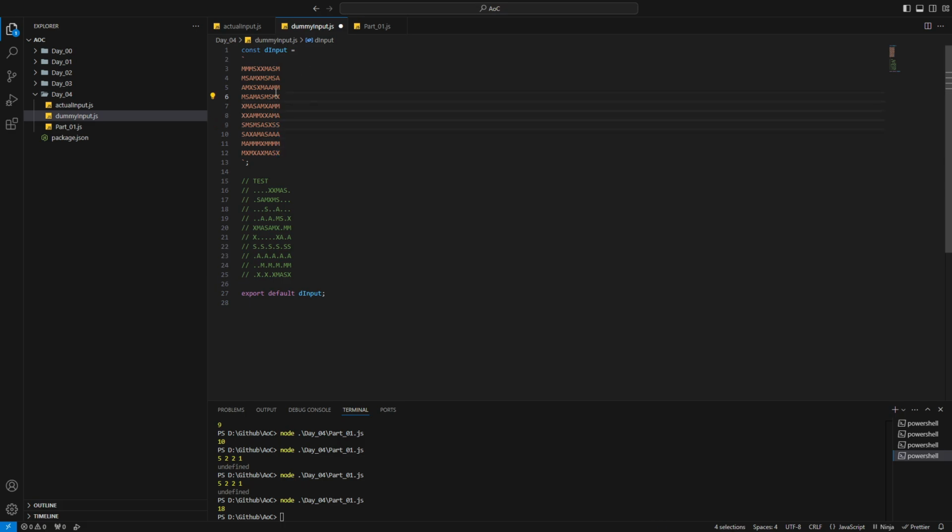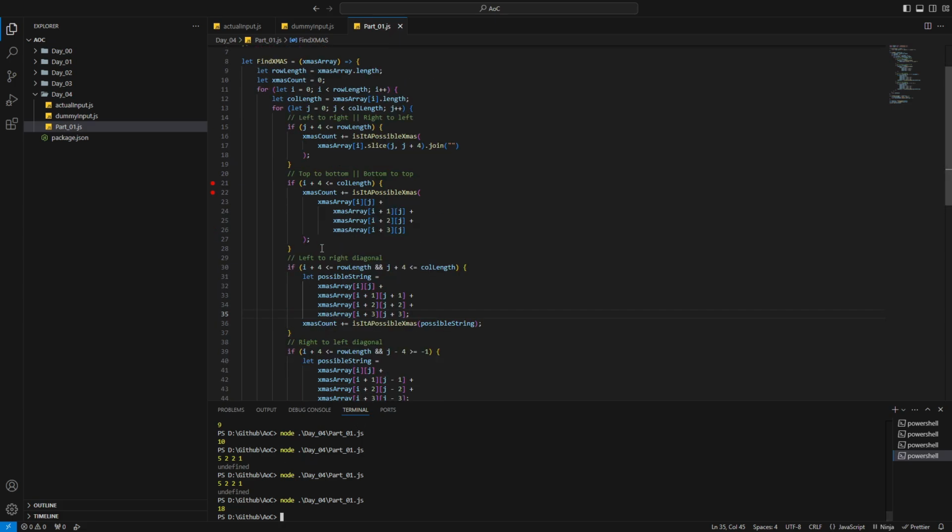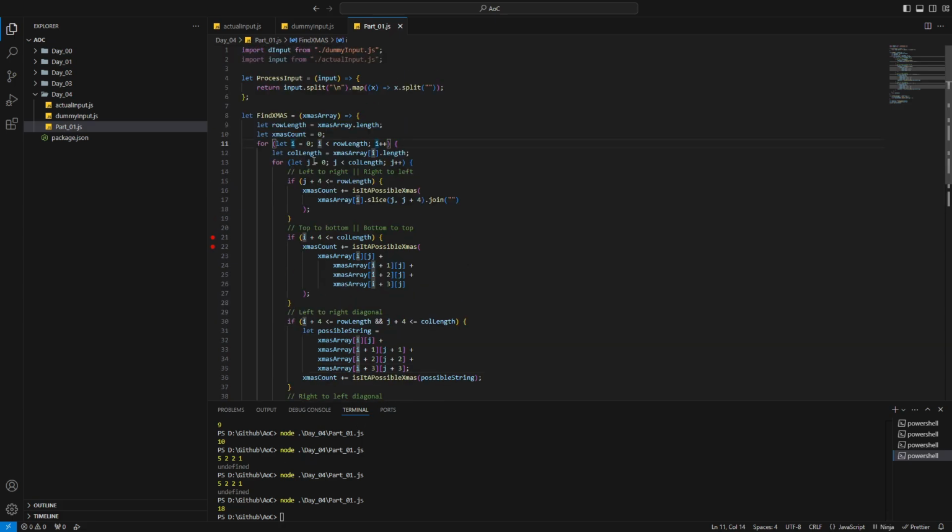And similarly, if it is only a single one, then we see it here as Xmas, and we see this as another possibility. So we add all of them up, and that's how we get the answer that is being expected, which is 18. How we are doing this is we're iterating through the 2D array using i and j,